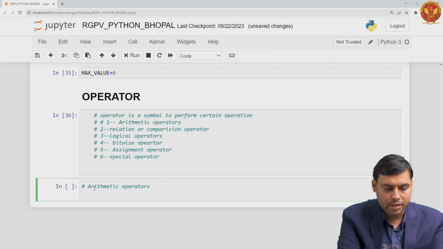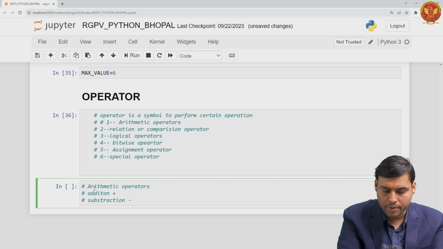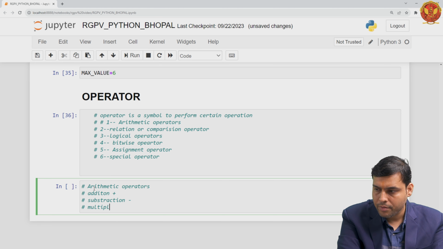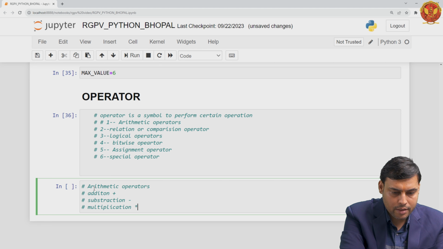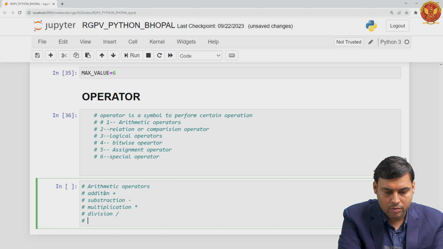ऑपरेटर्स जो होते हैं हमारे, that is your addition, that is a plus operator. Next one is subtraction, that is minus operator. Multiplication is asterisk. Division is slash. Now below operator,